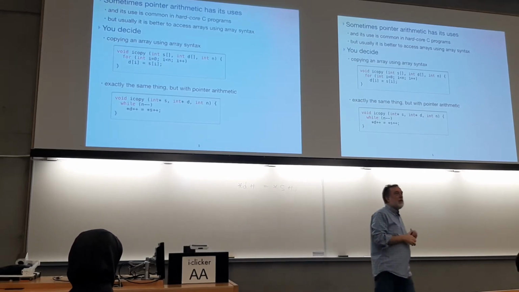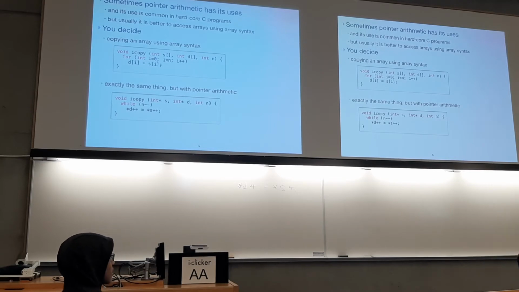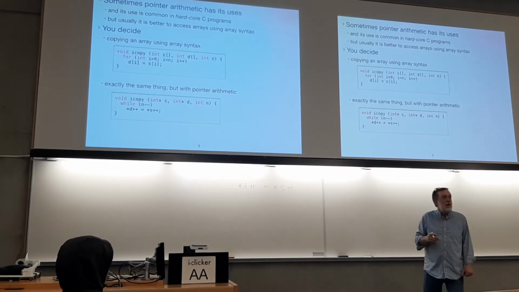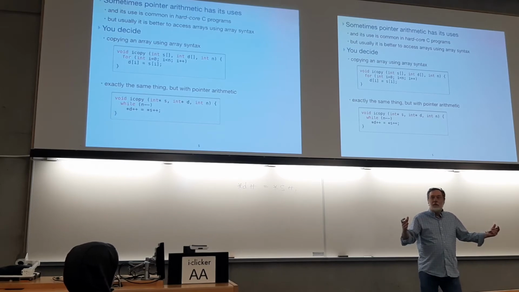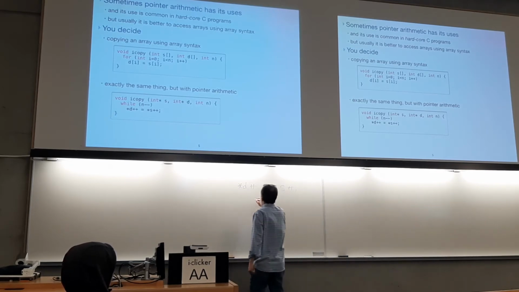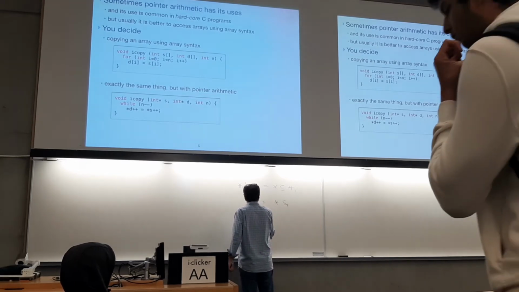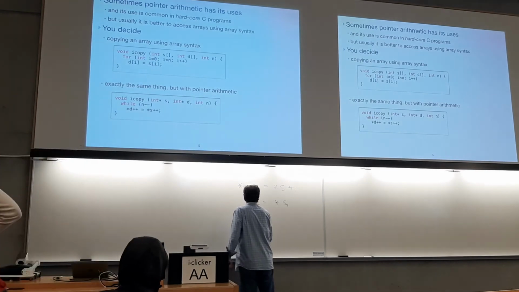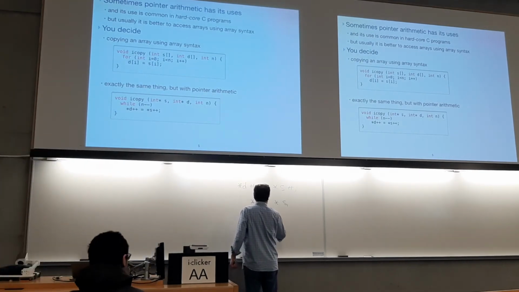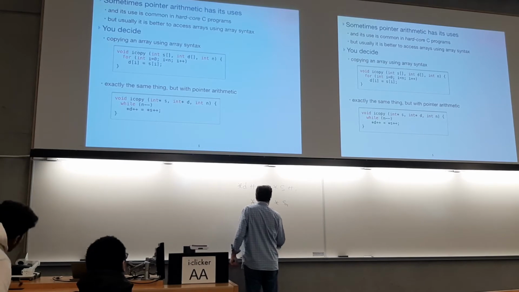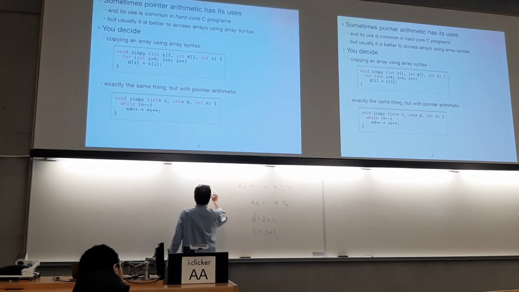What is that? This is just review, but I'm making a point. What is that equivalent to? So it's like this: star D equals star S, and then D equals D plus 1, and S equals S plus 1, which would also be the same as if I had